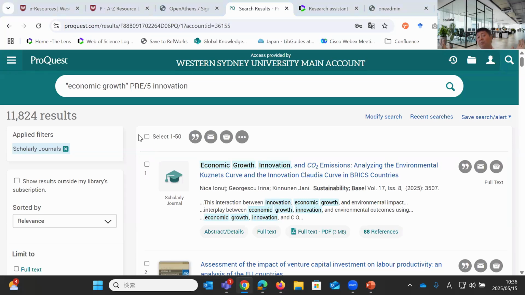So if you do a simple keyword AND search, economic growth may appear on page 13 of a 200-page dissertation, and innovation appears on page 71 and 120. They are far apart from each other. But by using this proximity search, instead of checking the entire document, you can just go to page 71, the third paragraph, because these two words appear in that paragraph and you want to read just that area of a 200-page document, right?